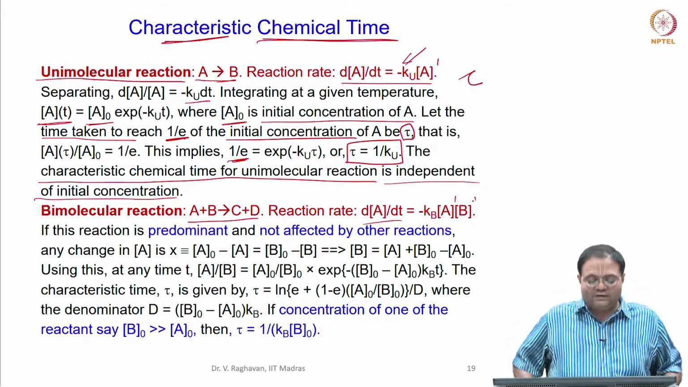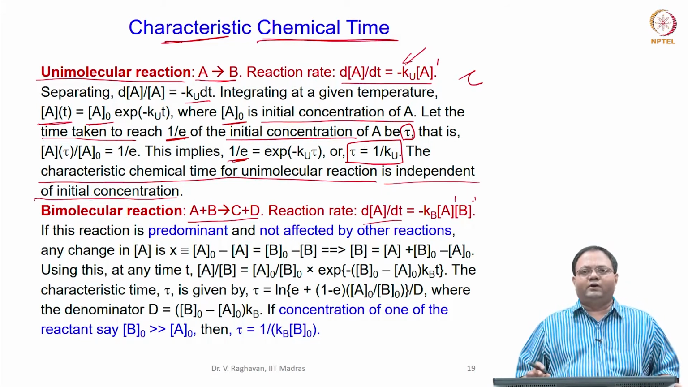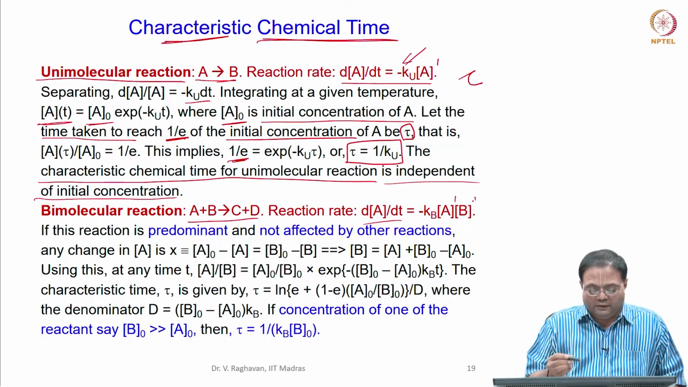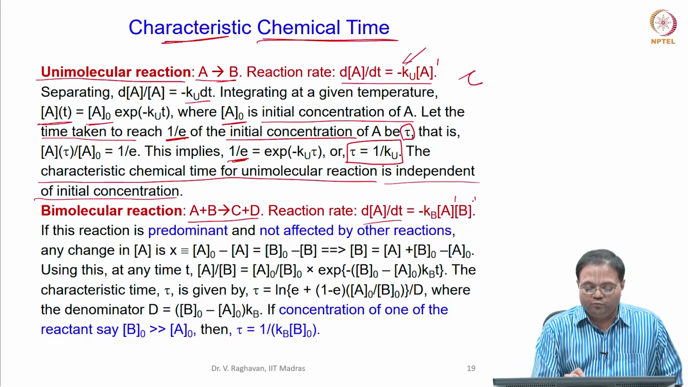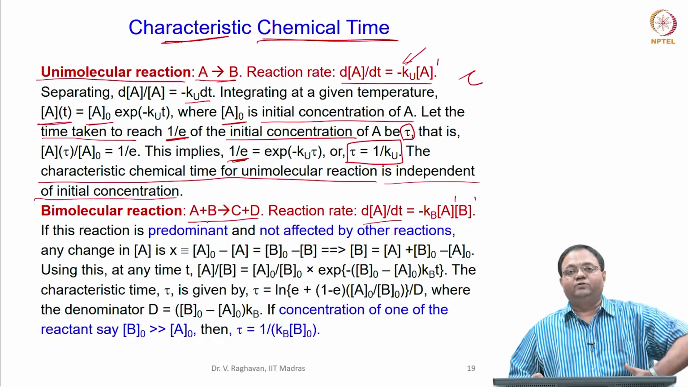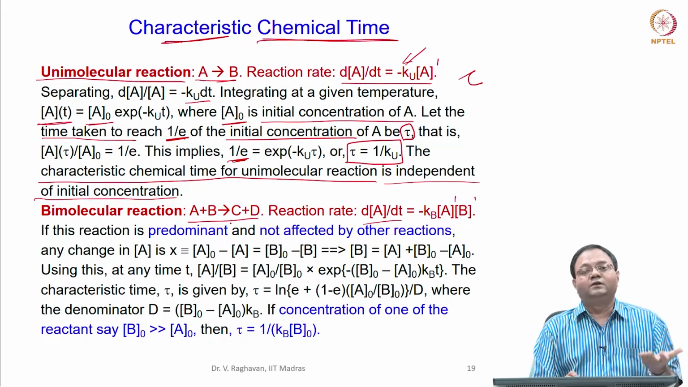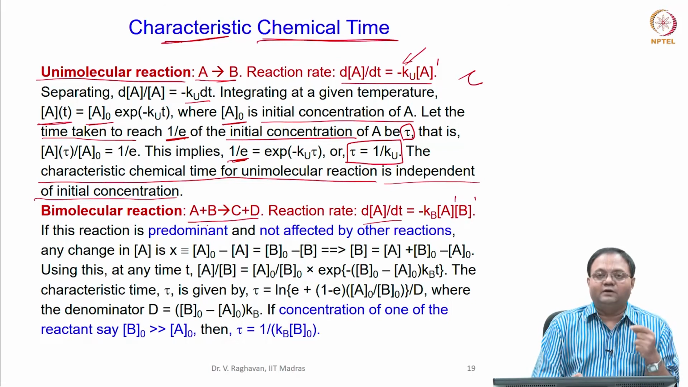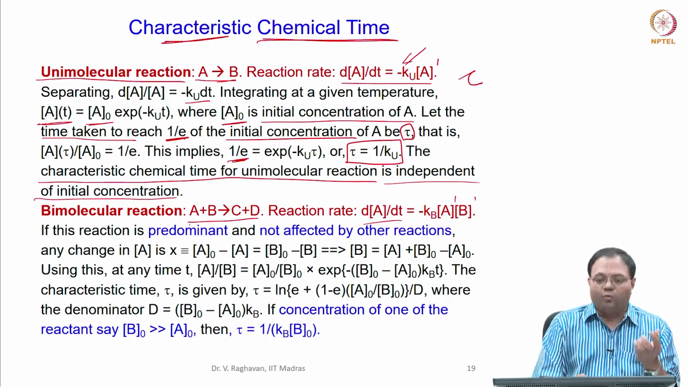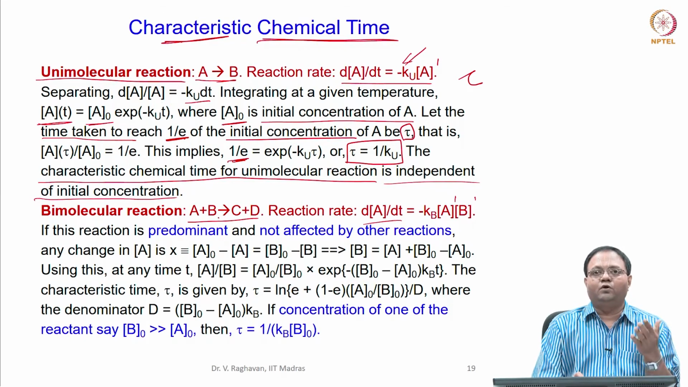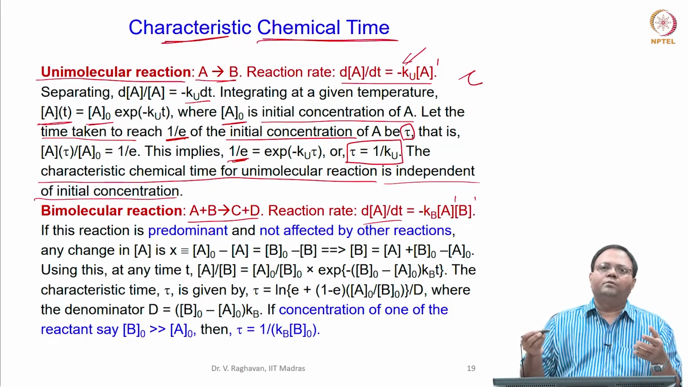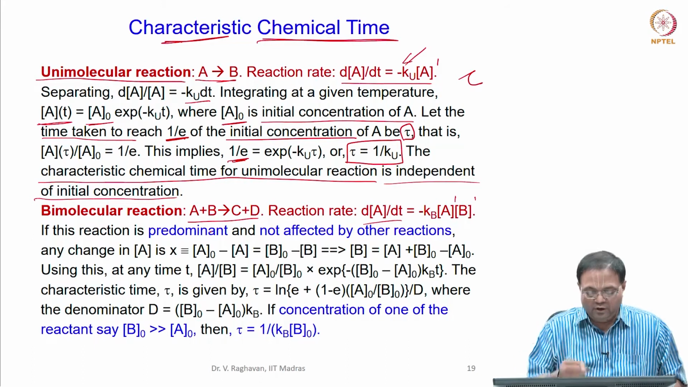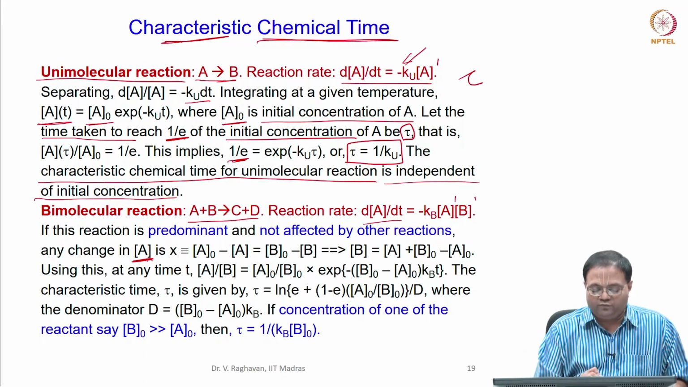Now, if this reaction is predominant, not affected by other reactions, then we can say the following. If the set of reactions is there, this reaction is predominant in that set. That means the major consumption of A or B will occur only due to this reaction. If that is so, and other reactions are not majorly going to affect this reaction, then the change in the concentration of A,